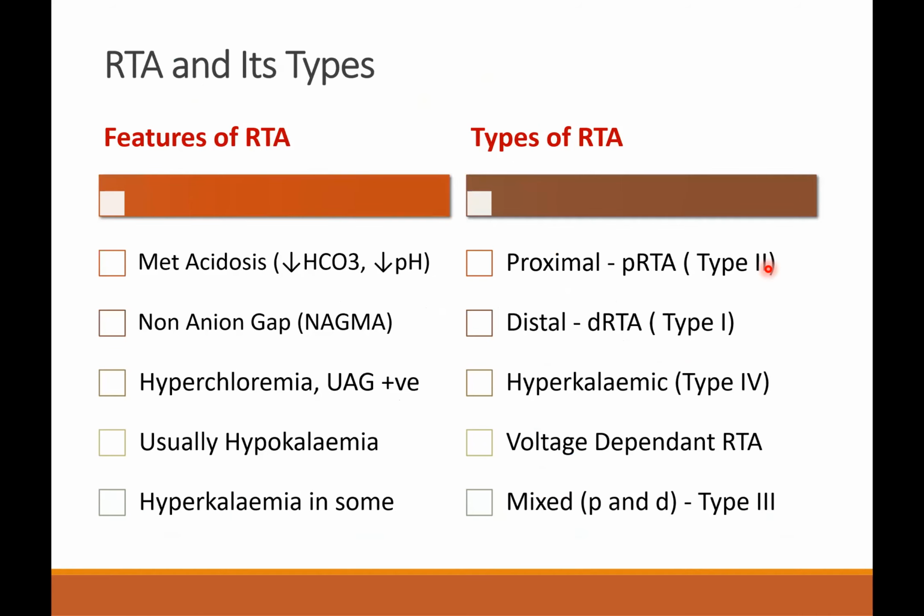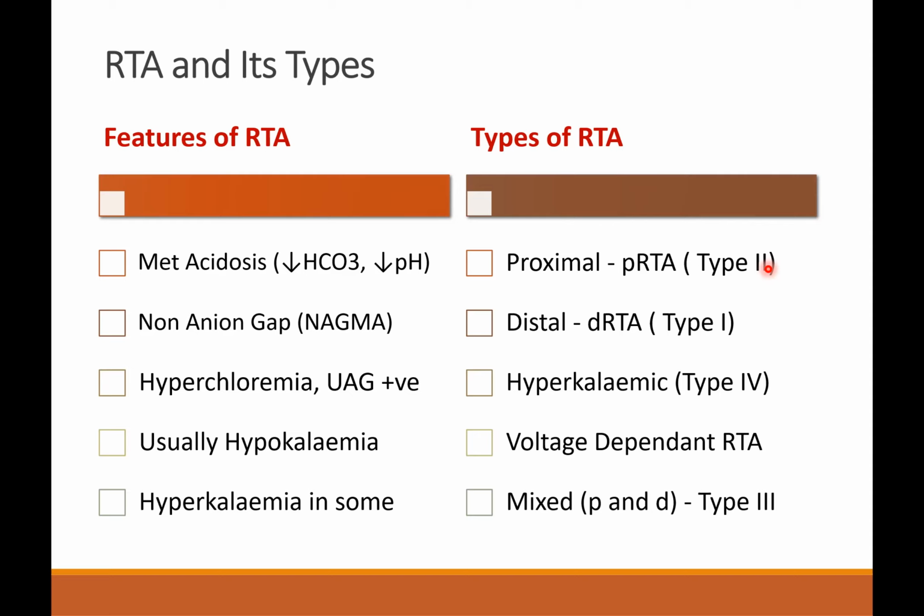Okay. Now, we have understood the physiology of the proximal tubule. Physiology related to the alpha intercalated cell in conserving the base and excreting the acid. Physiology of the beta intercalated cell in conserving the hydrogen ion and excreting the base. And we also looked at the principal cell, which is under the influence of the mineralocorticoid receptor, wherein it absorbs the sodium and also water, and it excretes the potassium.